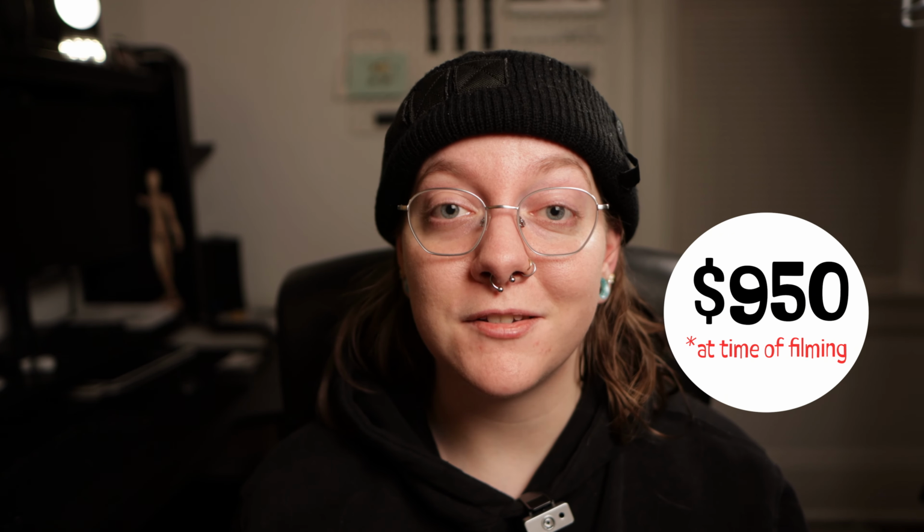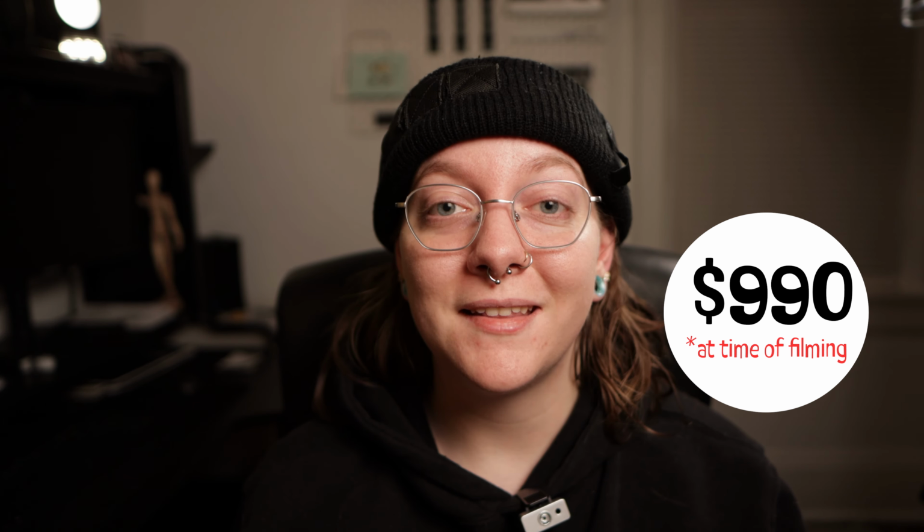If you want a slightly wider lens and a lens that also has power zoom, you can get the Z30 with the 12 to 28mm power zoom lens for $950. And for $990, you can get the Creator Combo. The Creator Combo comes with the Z30, the kit lens, a Rode Video Micro, and a small rig tripod that also comes with a detachable wireless remote for the camera itself. The Creator Kit is